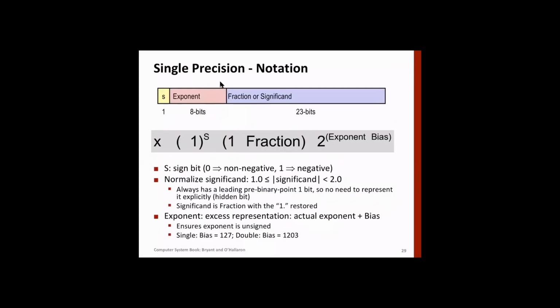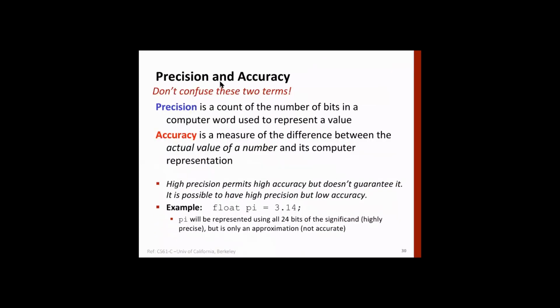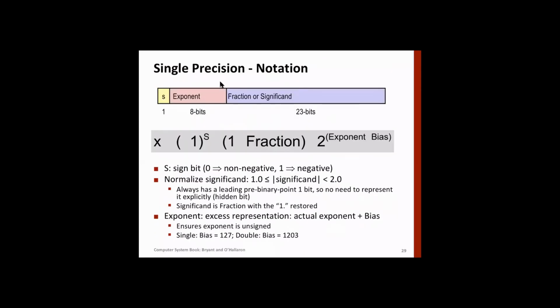So this notation we have already seen, 1 plus fraction. A question: how have these bits been divided into exponent and fraction? In future, if we adopt a 128-bit system, how will this work, and how many bits will be assigned to the exponent? That is of course a very good question. You have to be an architect for that. You have to see what the requirements are, how much it should be.